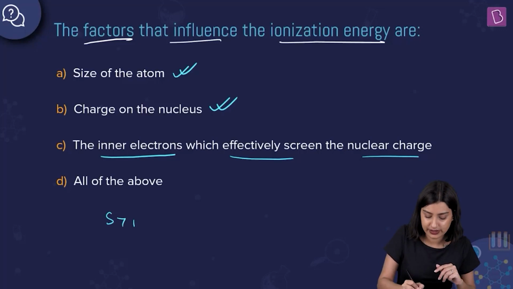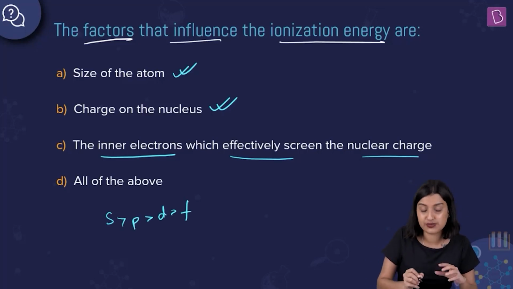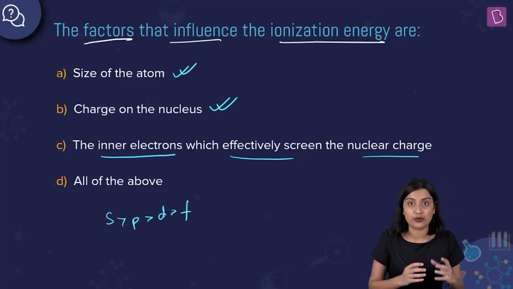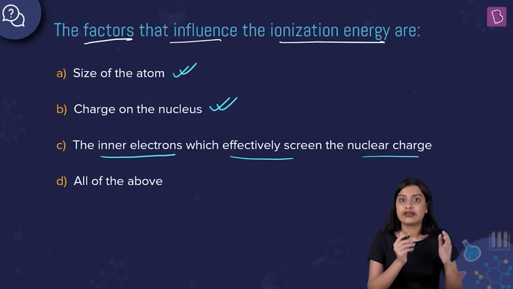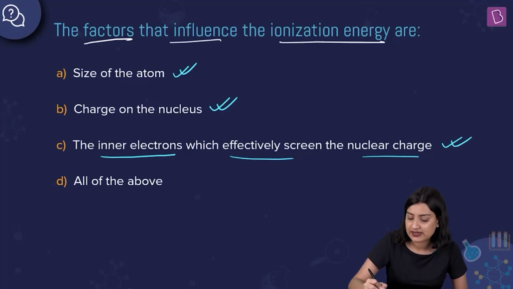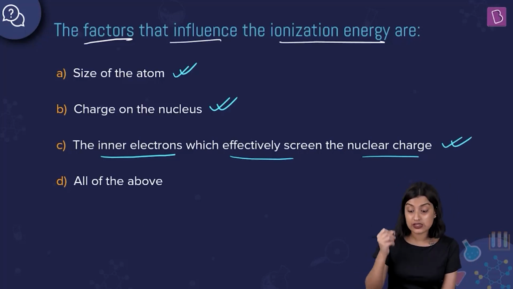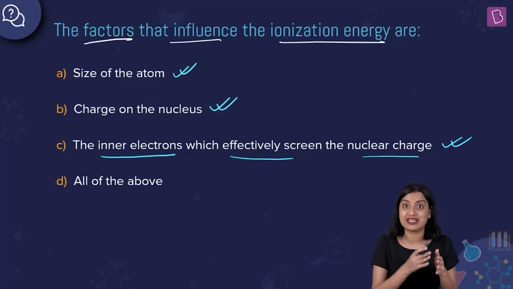The order is S greater than P greater than D greater than F in terms of the screening effect that we observe. Okay, so yes, this is important and this is definitely something that affects ionization energy. And this is also a combination of factors B and C that we see,